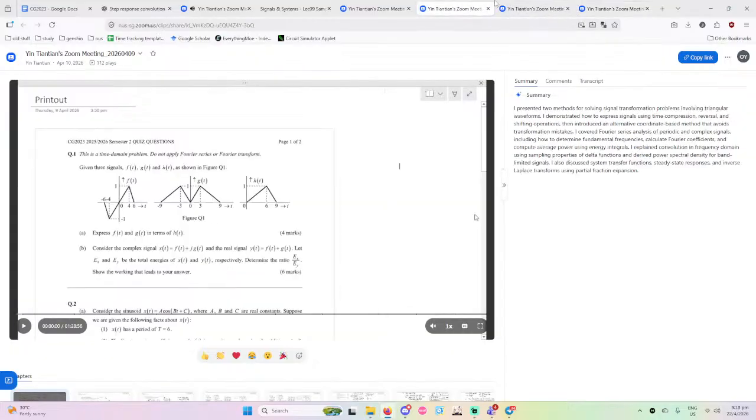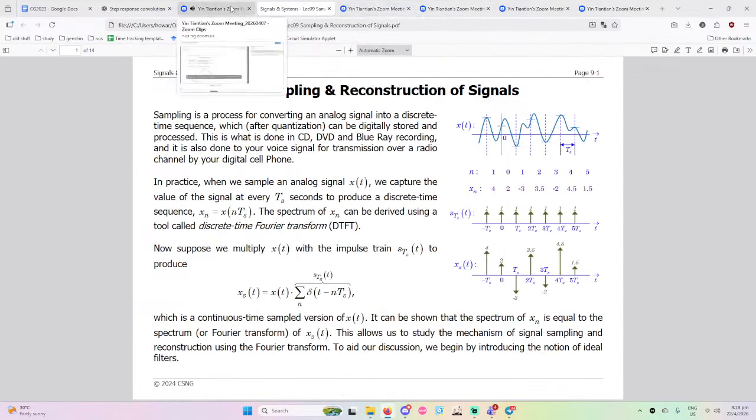Okay, so now we proceed to tutorial 8. In tutorial 8, a signal x(t), which is equal to 2 to the power of 1 minus